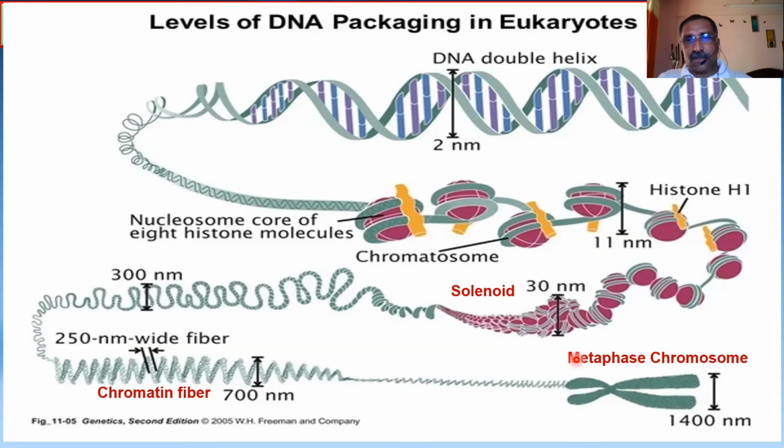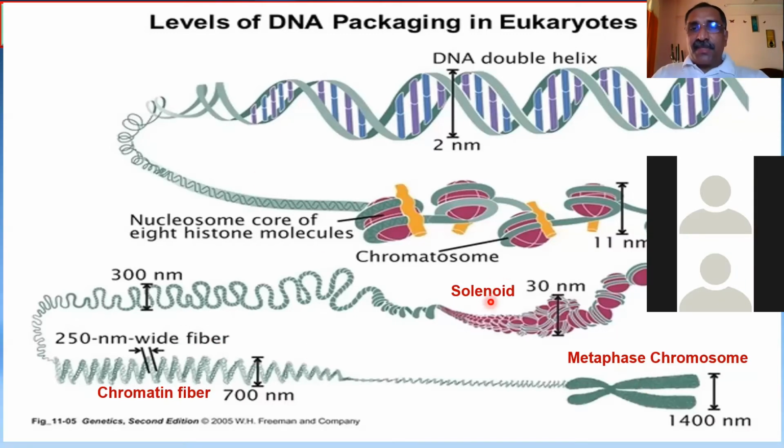In prophase you see the chromosome is very thin, fiber-like, but too long. But when you come to metaphase, the long fiber-like chromatin reticulum is going to be condensed and becomes a very thick chromosome. That is what we say there in prophase and metaphase. So only in metaphase you can see chromosomes like this. In other stages, you see chromosomes in various forms like this.